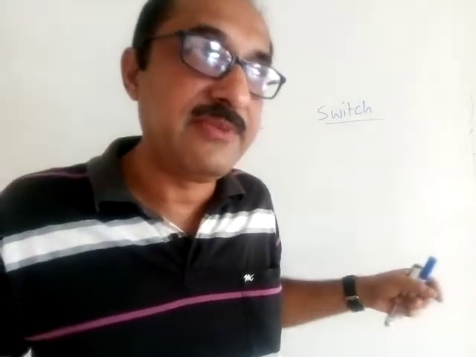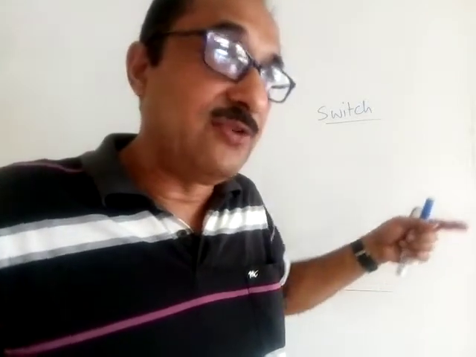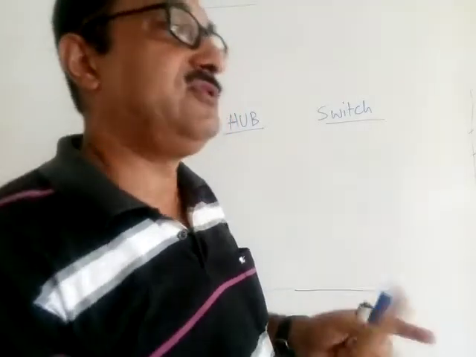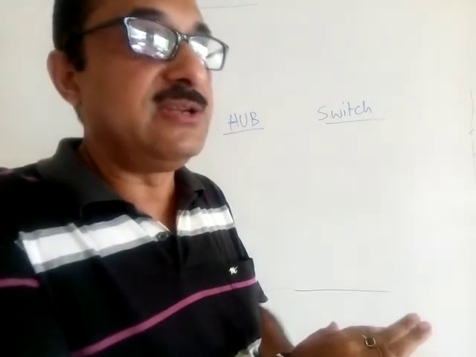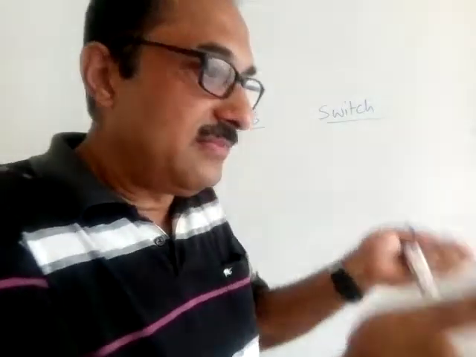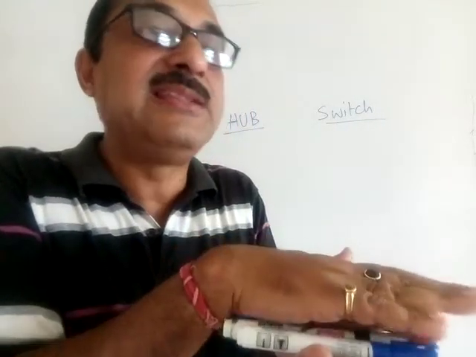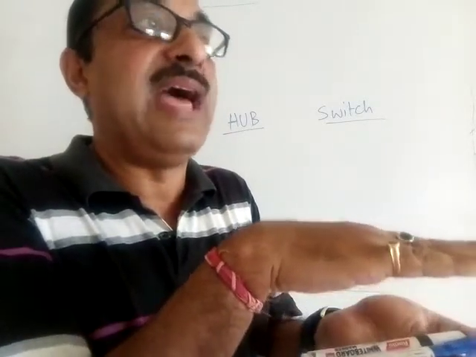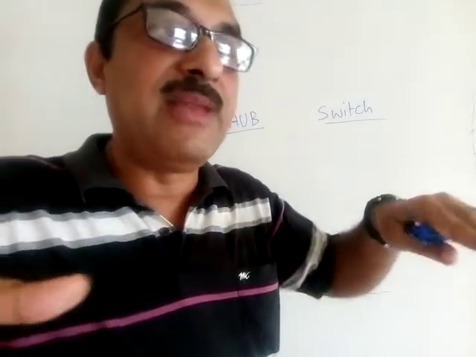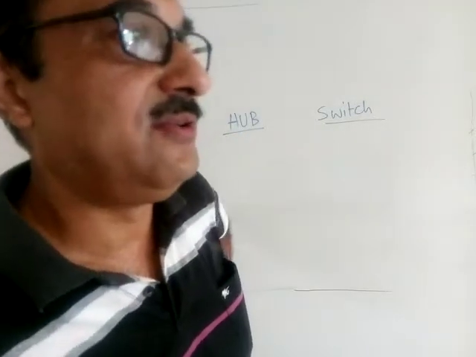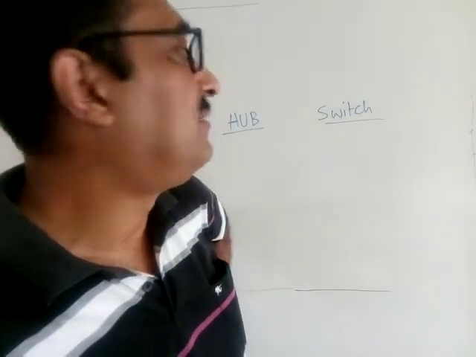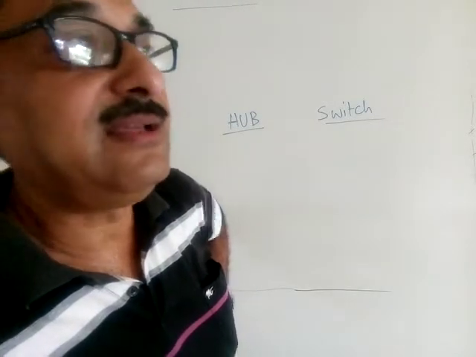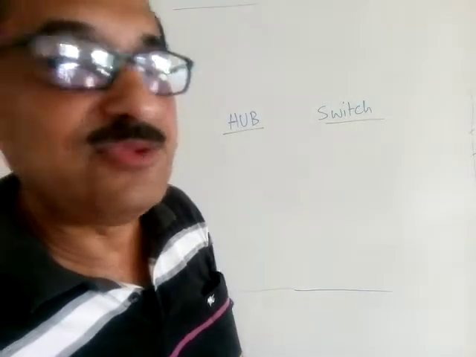From every computer, one cable is going out and they are concealed, going through the wall, and finally they have joined in the network in the switch. So the switch is able to connect all of them together. The switch is binding them together in a common platform, and then only networking is possible. In order to have a network, you have to have a common platform. All should meet somewhere. So a switch is basically a way by which you can get all the computers connected in a network on a common platform, binding them together.